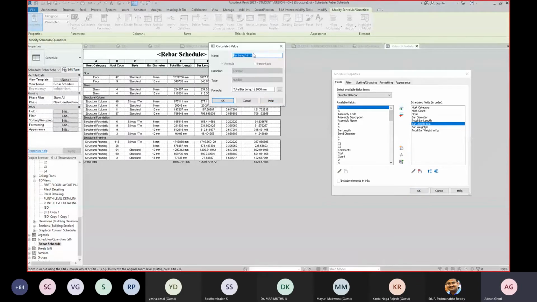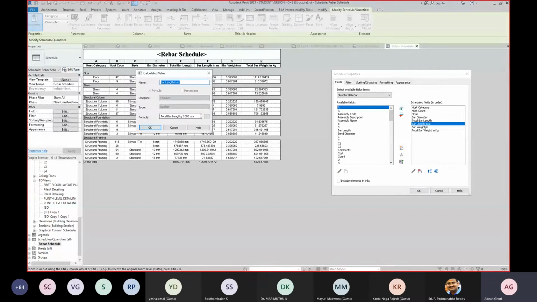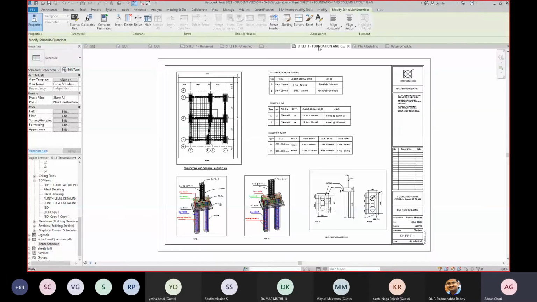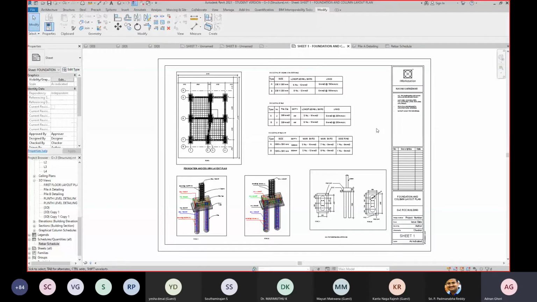In meter, you have to define divide it by 1000 mm. Once you divide the bar length by 1000 mm, it will convert it into meters, because the current units set in the project are in millimeters. If I type UN, you can see the current units over here. It's in millimeters, right?